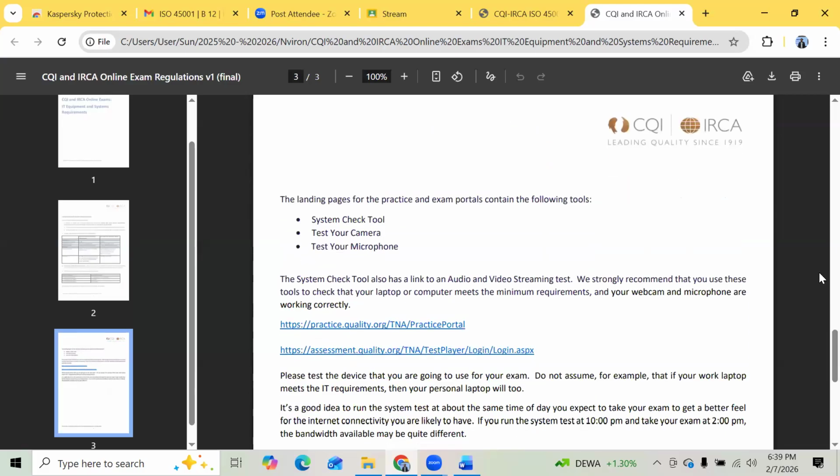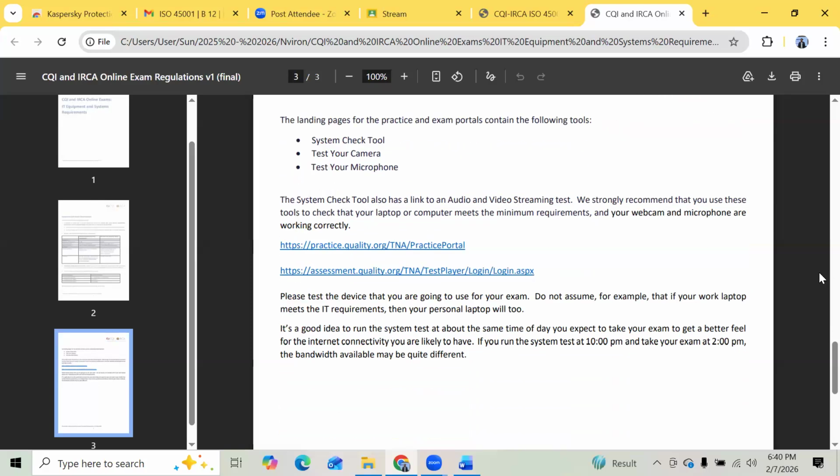So now some of you have got the practice exam link. After we submit all your data to CQI IRCA, you will get the second link also for the final exam. The landing pages of the exam portal have system check tools to test your camera and your microphone. The system check tool also has a link to a video and audio streaming test. We recommend you use these tools to check that your laptop and computer meet the minimum requirements,